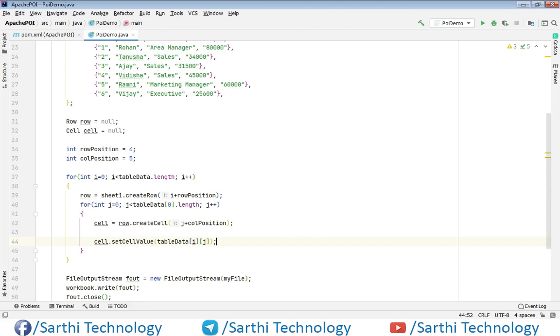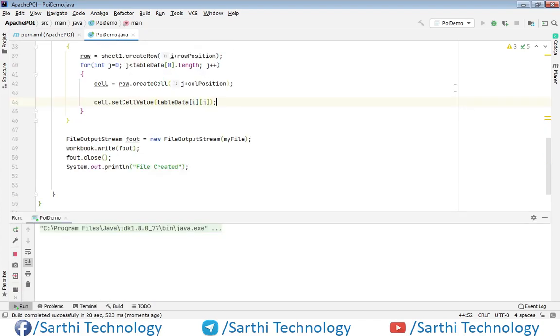Let's try to run this. Here you can see the file is created, and let's open the file.